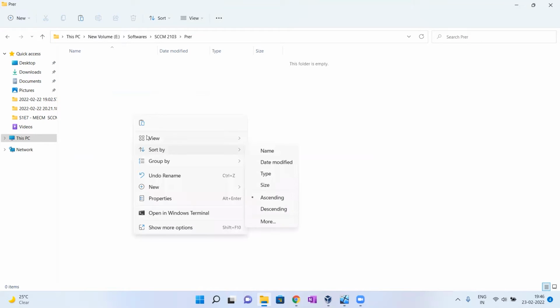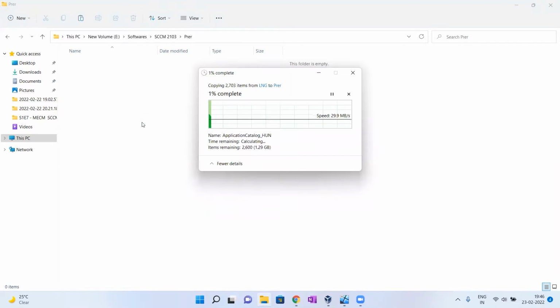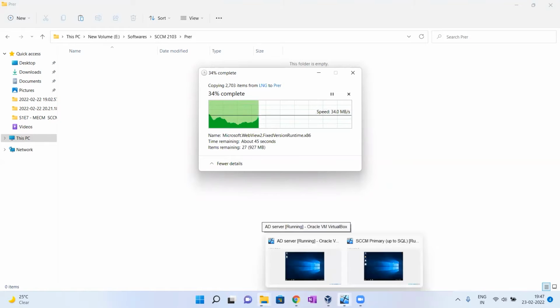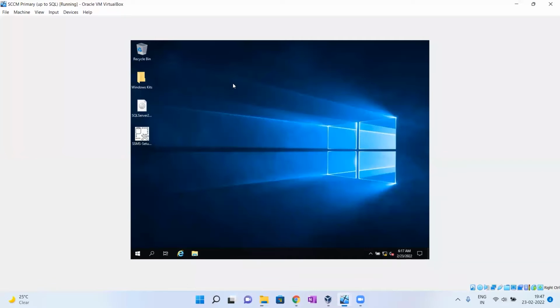These are the files I already downloaded. I'm copying them here. While installing the SCM application, we'll select this folder directly. No need to download again. Now let's start the virtual machine. Now we'll start installing the SCM application.